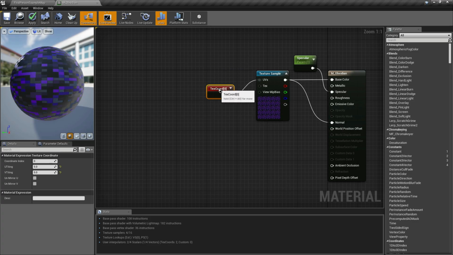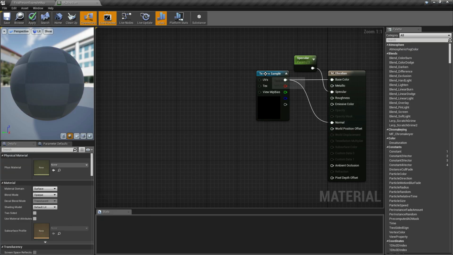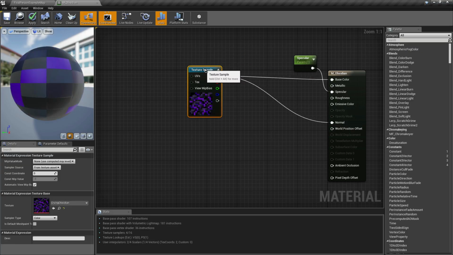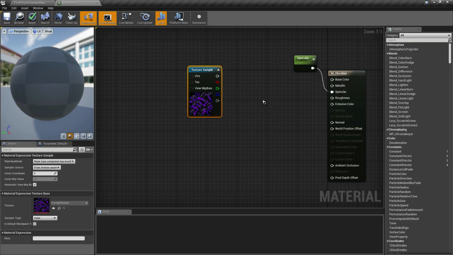Texture coordinate is useful when you are creating a material using a UV coordinate, but not this time, because we're going to use the world space coordinate. So let's remove this and then let's disconnect our texture sample on the base color and the normal connector.